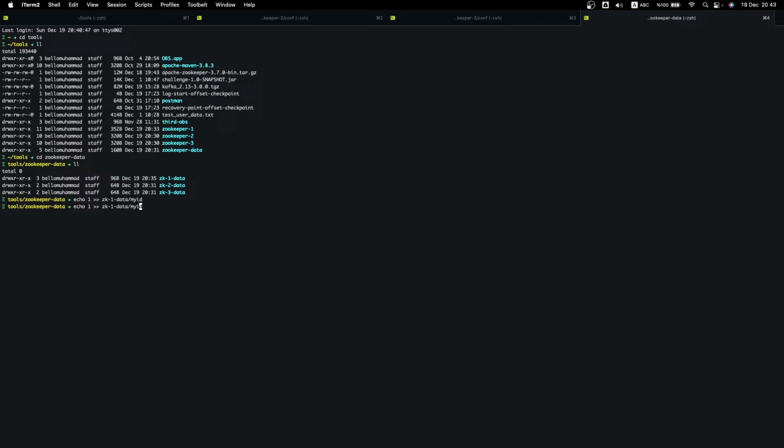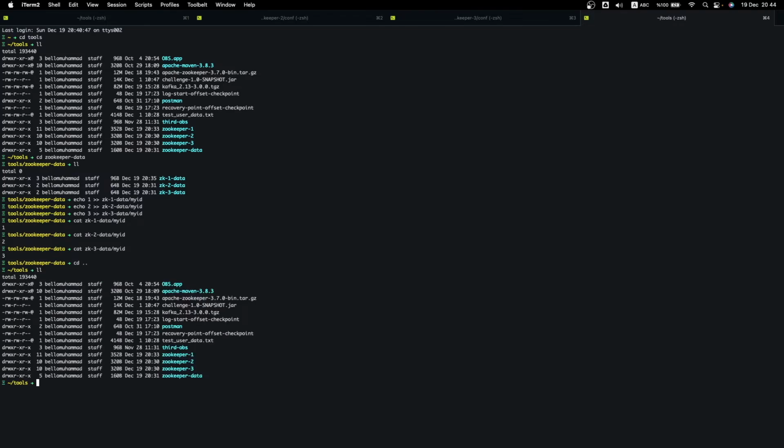Then for data 2, we give it ID 2, and for the third node, we add ID 3. Now if we look at what is in the files, for data 1 the myid file is created, you see we have ID 1, then for the 2 we have ID 2, and for the 3 we have ID 3.